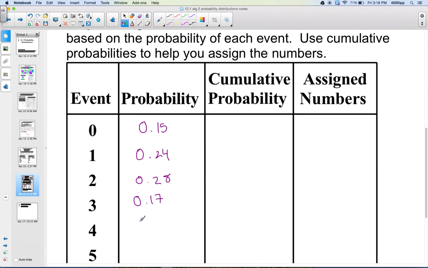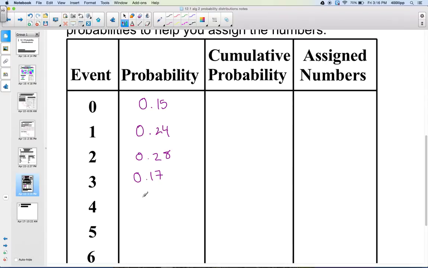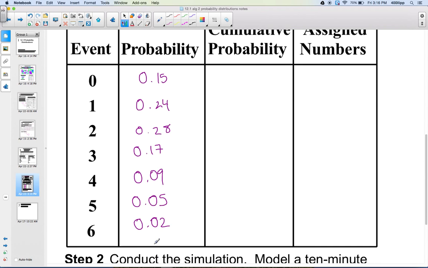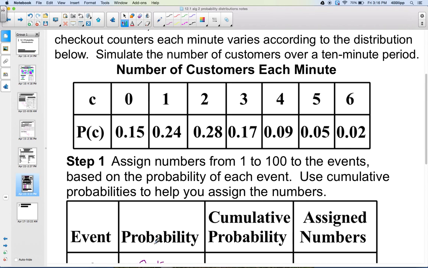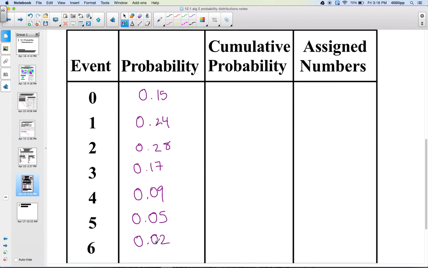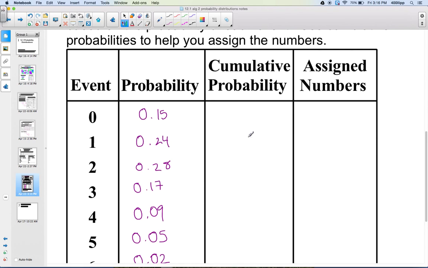0.09, 0.05, and finally 0.02. Okay, so now we're going to look at the cumulative probability. For this, there's actually nothing to add up, so we just have 0.15. And now we're going to assign